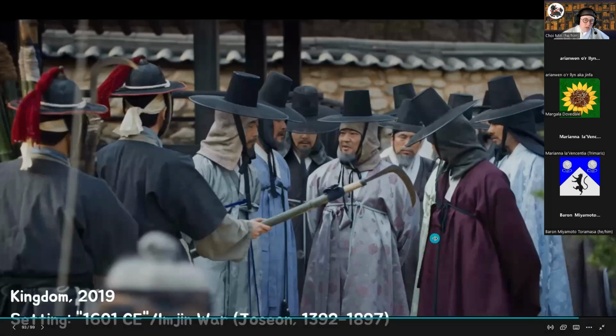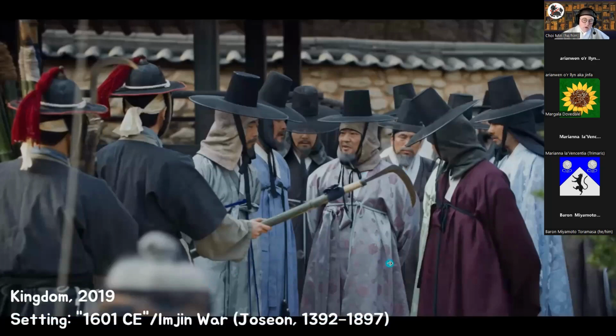Here is Kingdom from 2019. This is technically set right at the Imjin War, but as you can see here, they're all wearing it super high in the armpit, and they're wearing the mass-produced later period hats. But I think overall, for seeing a collection of noblemen, they're using pretty decent fabrics, just simple colors. If you were going out and it was cold out, you would have put your hood on, then you would have put your hat on, and there would still be this thing underneath the hood. Then you would tie it on and go out and grumble about the events in your neighborhood like any old man.